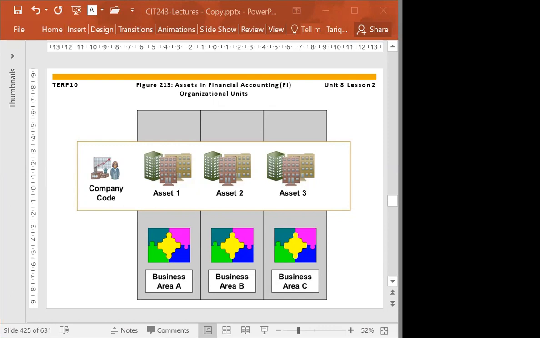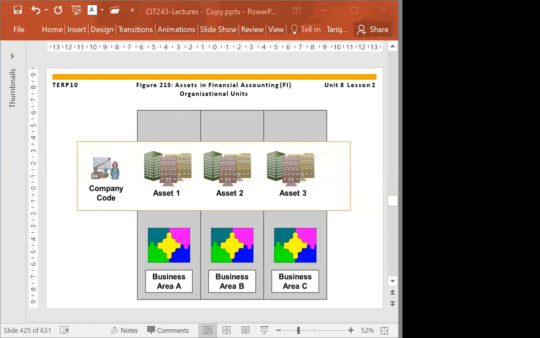So all postings that we make for that asset, whether we are purchasing or we are doing the retirement of the asset or we are doing some depreciation on that asset, all these transactions are applied to that company code as well as to that business area. So you can say that all postings or all transactions related to the fixed assets are linked with or happening in that company code or in that business area.